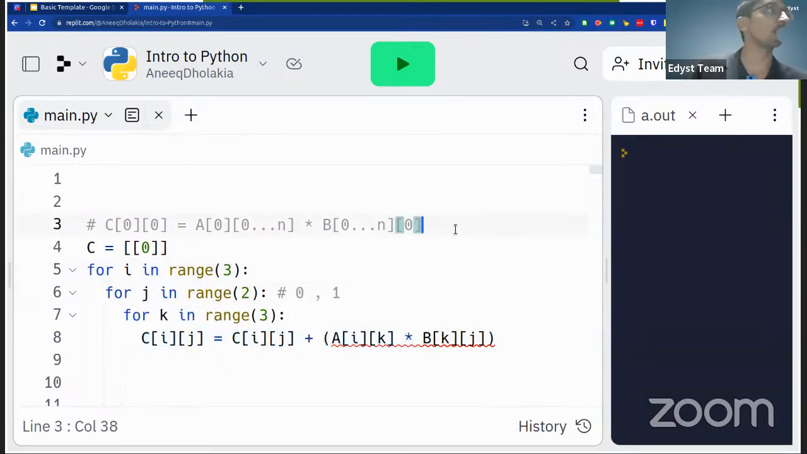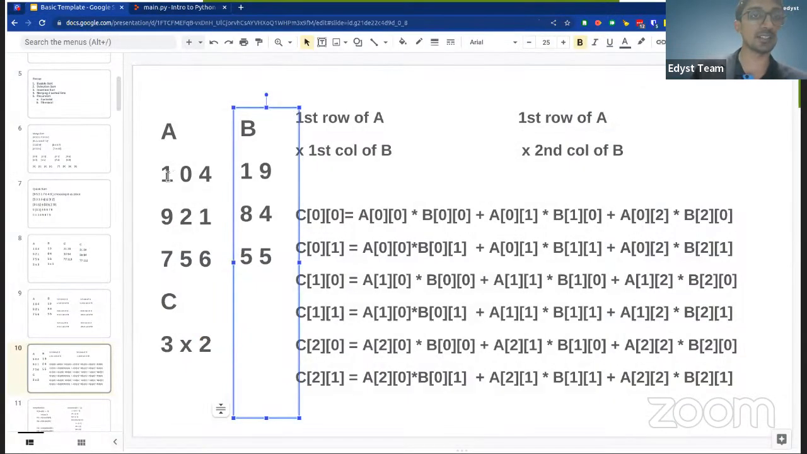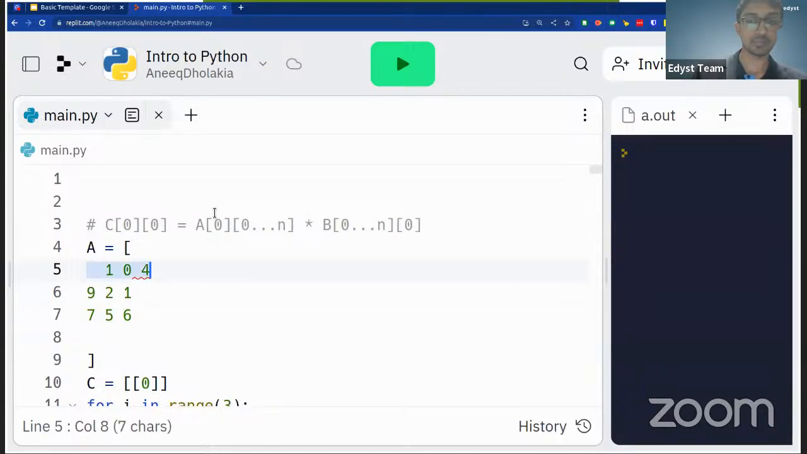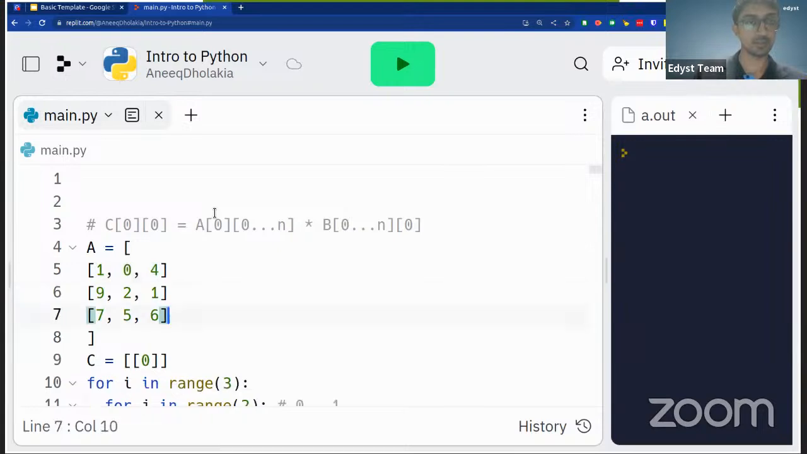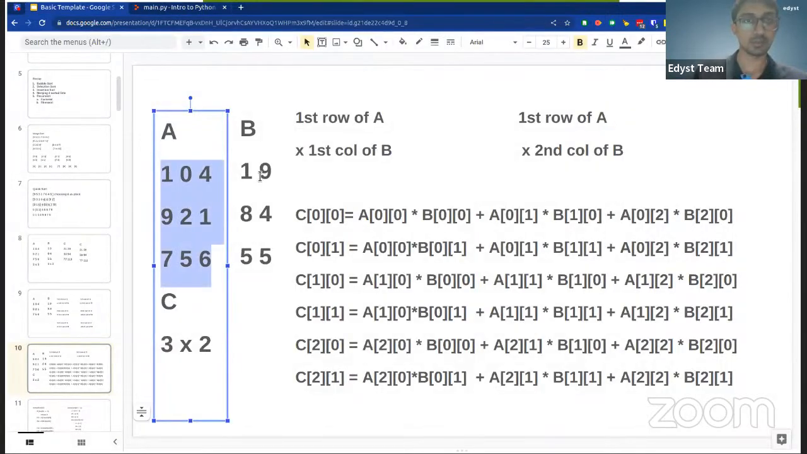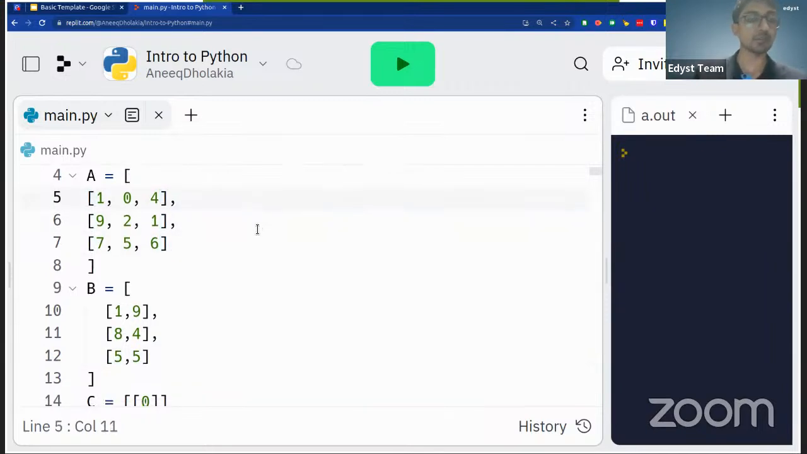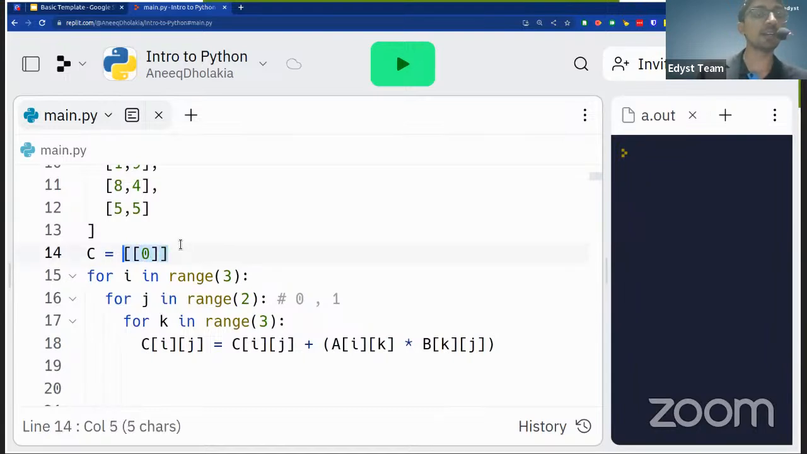Okay. Now you can see there are some errors here. Why are the errors coming? We've not defined A or B at all. Okay. So let's say if we had this as A. Defining this as A. And defining this as B. Okay, so defining that is A and that is B, and C we need to define as a 2D list